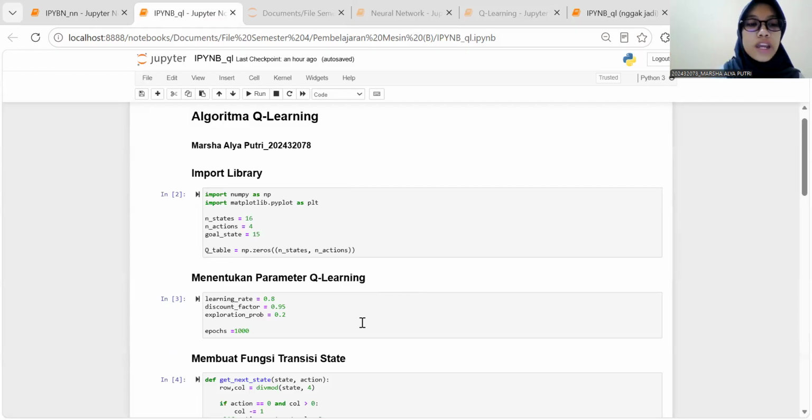Next, we define the main parameters of the Q-learning algorithm. These include the learning rate, which controls how much new information updates the Q value, the discount factor, which determines the importance of future rewards, the exploration probability, which balances exploration and exploitation, and the number of training epochs, which determines how many times the agent learns from the environment.